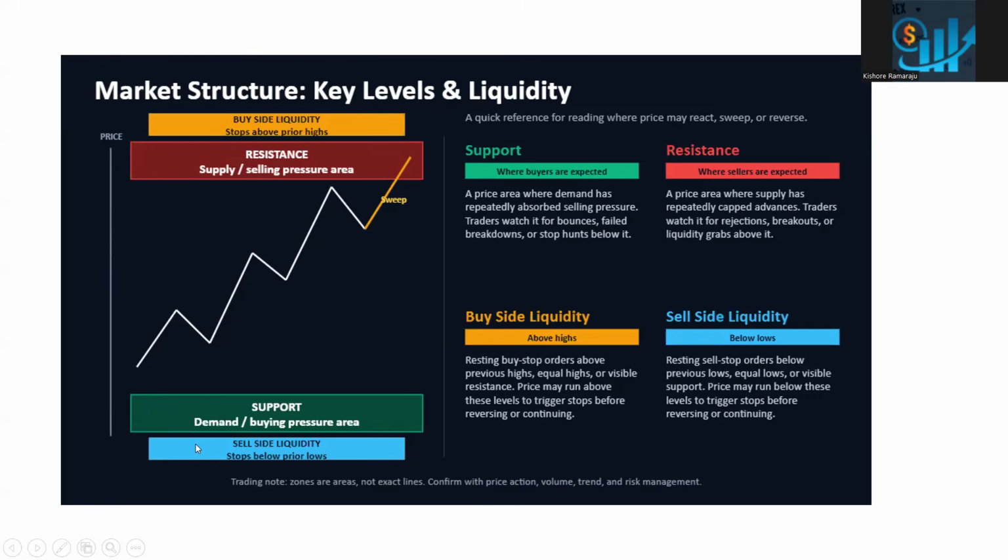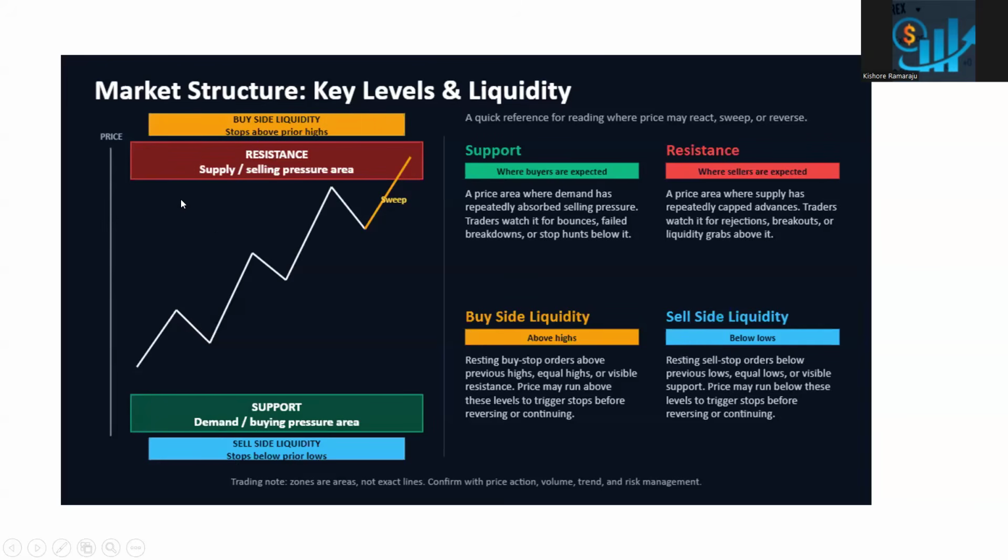Then there are some more people who, if price breaks this, want to put a short order here below the support, right? That means it is a breakout at the downside, or more like a breakdown. So if it is going up, breakout; if it is going down, breakdown. So they may put some short orders here. If Tesla goes below 400, then I'll put a sell order at 398, so that price may go further down.